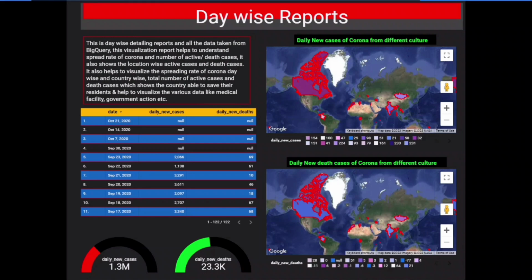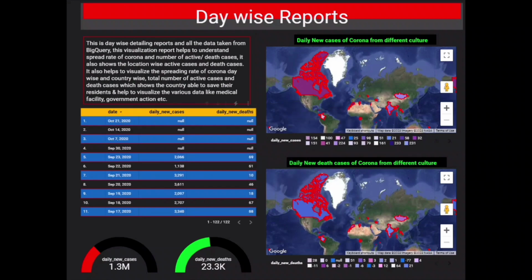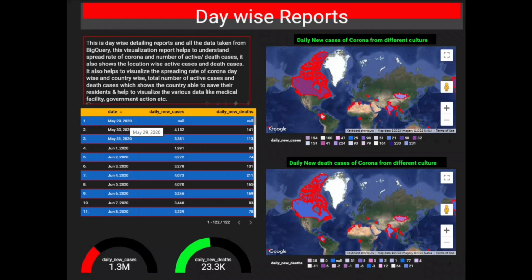So basically if we go for the day basis report, this is the table which shows the date, 21 14 7 October. If we want to change something according to us, we can sort it day wise. If we sort it day wise, it shows May 29th 2020. There are null cases, which means there are no cases available. On 30th May 2020 the daily new cases are 4152. If we click on this data,